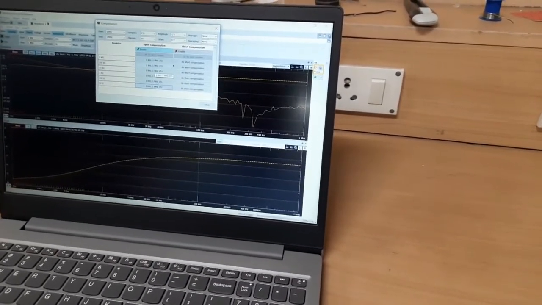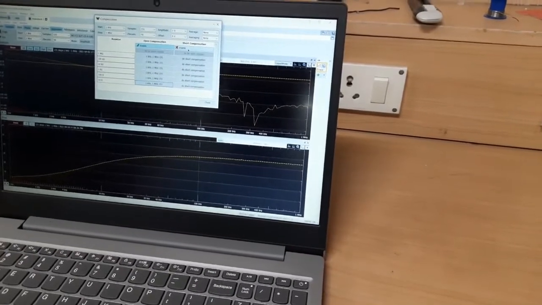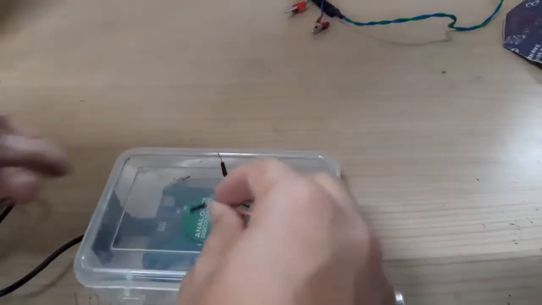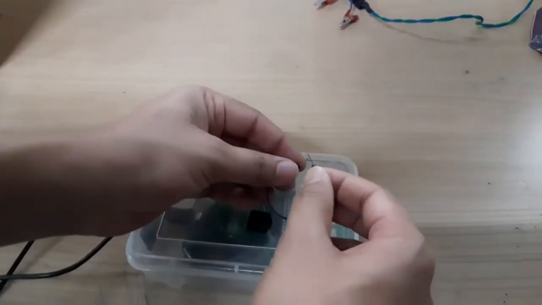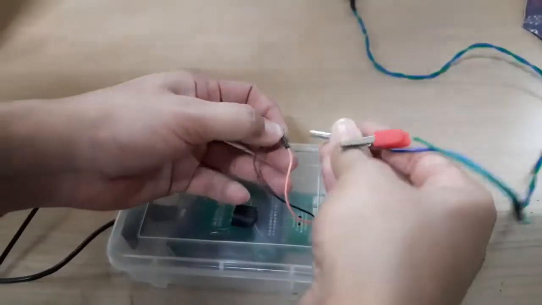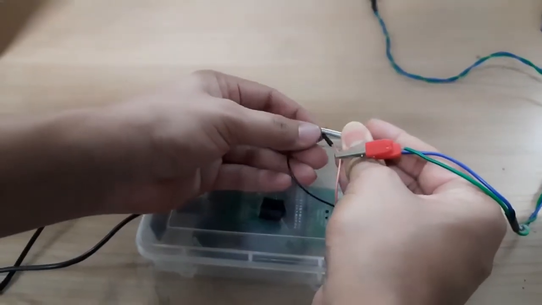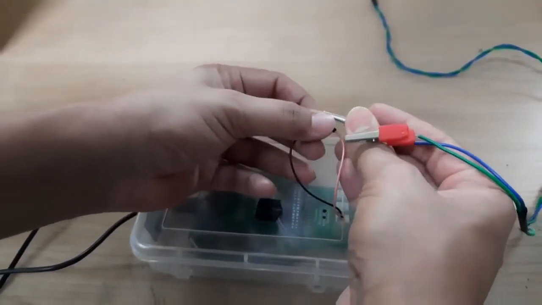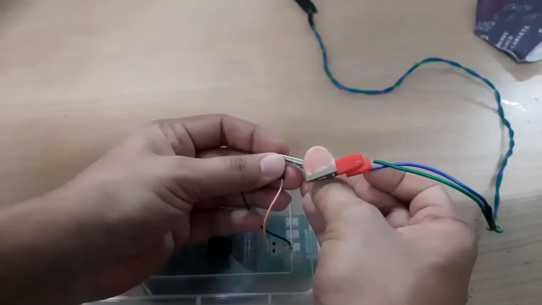Now we will go for the short compensation. For short compensation, what we have to do here is short these two terminals which are coming out of this device. I am using this one to short it. One second.